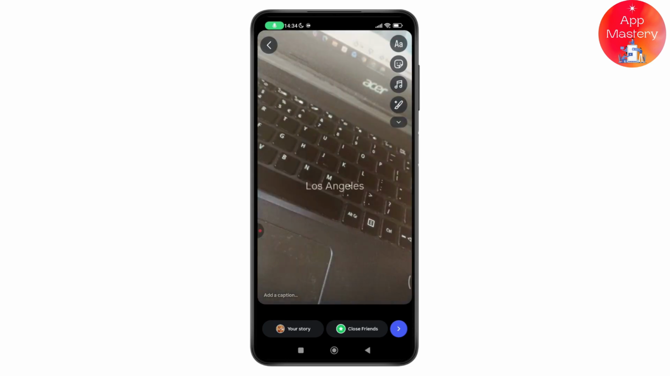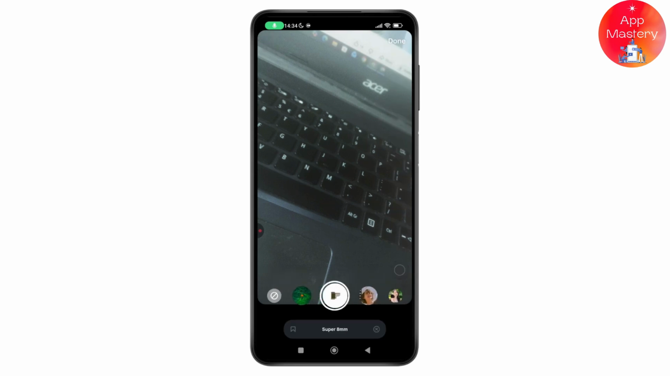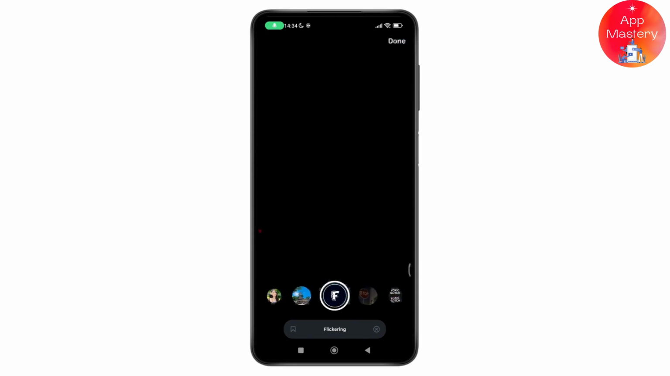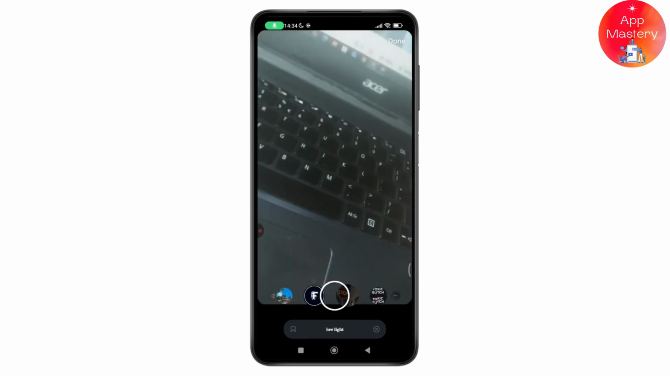You can go and select any filter that you're comfortable with, or you can also just simply go with the drop down right here. Tap on the drop down and then go with the effects option. Tap on effects and then go and select any effect that you're comfortable with. Go and apply it, and that's it. In this way, you'll be able to add filters,